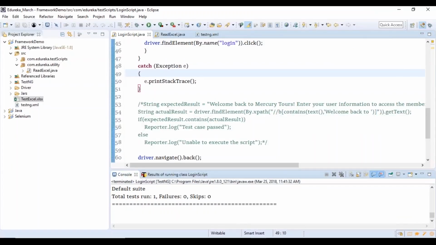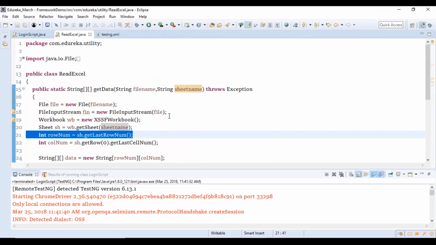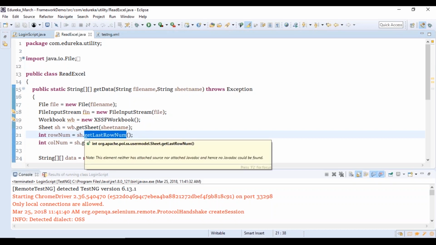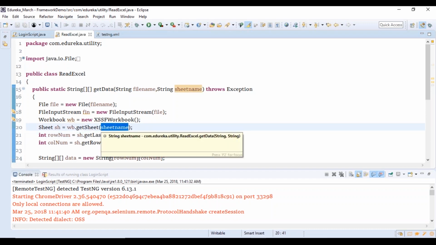Perfect. So now again it says null pointer exception. The sheet name that I've given, int rowNum is equal to sh.getLastRowNum. Yes, so this getLastRowNum is going to provide the sheet name. Alright, so the sheet name that I've passed is correct.